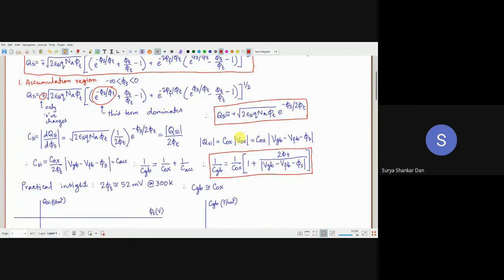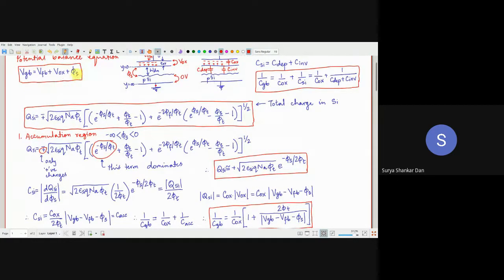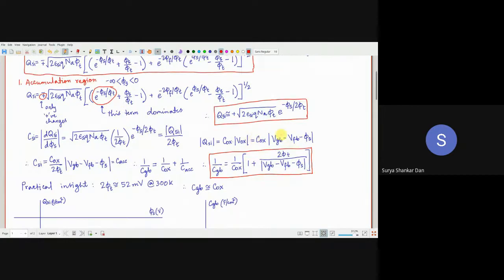So what is VOX? I will simply apply this potential balance equation. VOX will be equal to VGB, the terminal voltage which you apply, minus the flat band voltage, minus phi s, the potential drop inside the silicon. Okay, the surface potential. So that is what I wrote here instead of VOX. Now this QSI, I'll put it over here. So CSI becomes, in place of QSI, COX, VGB this. So I have written here as C accumulation, in the accumulation region. So let me just put a box here